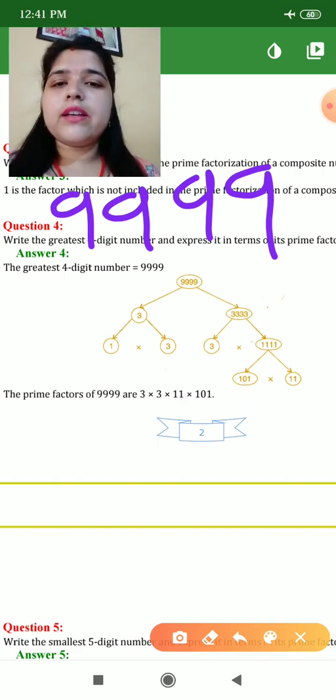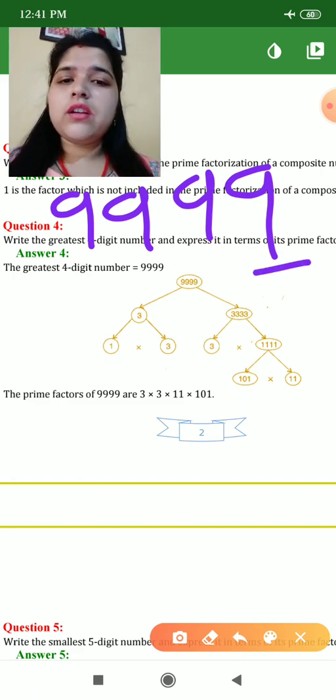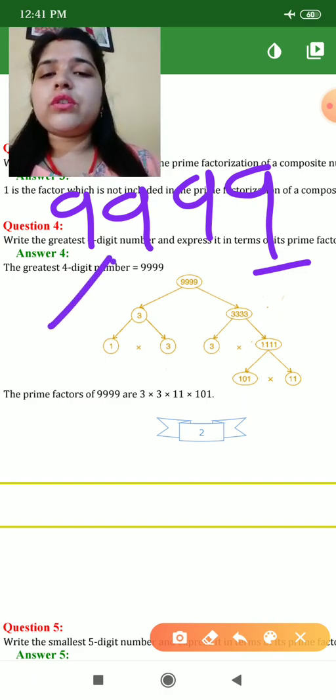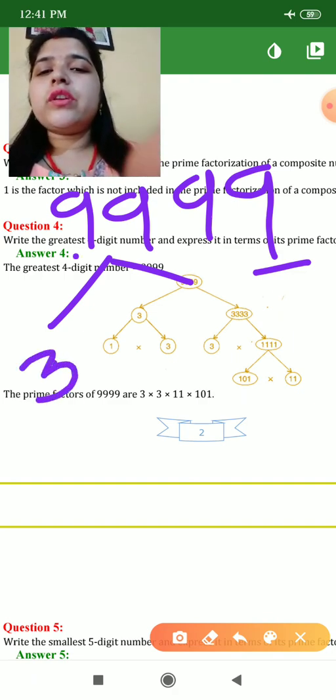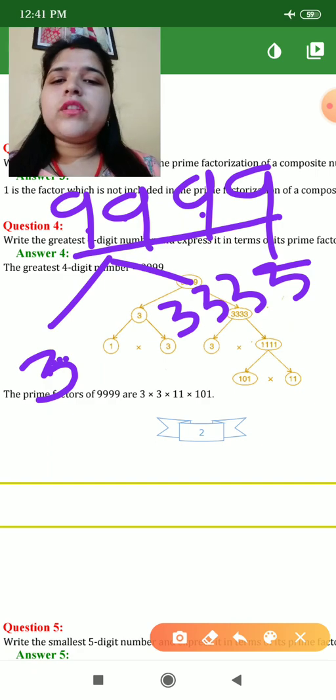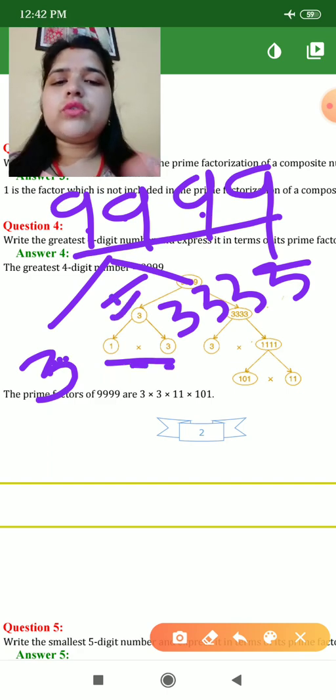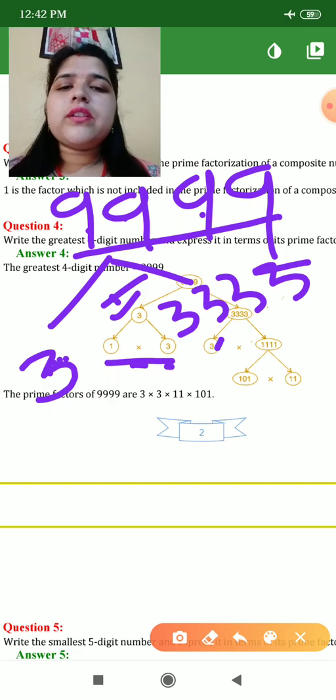So what will I write here? Because it contains 9 at the end, it means it will go in the table of 3 and 9 also. Okay. But we have to break it into two factors. So we will divide it by 3. When we divide this by 3, what will come? 3 3 ja 9. Okay. Now 3 will remain as it is. See, look here. You can leave it up to here also, and you can do this 1 into 3. It is also the same.